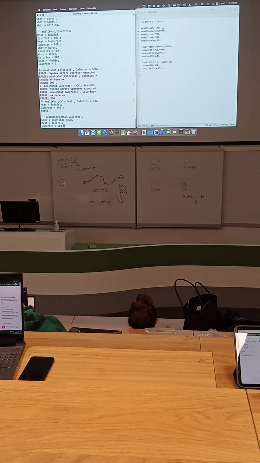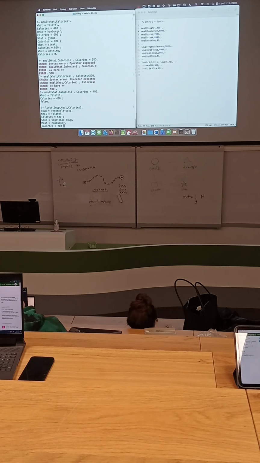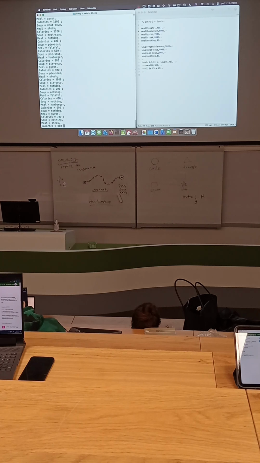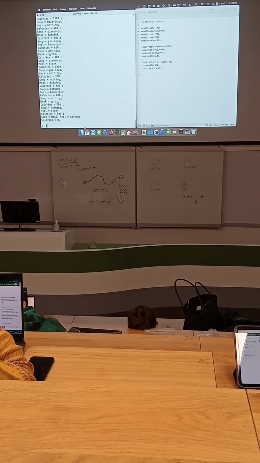Because falafel is here 400, vegetable is here 100. Next solution, 700. Next solution, next. Then come combinations, and last combination is crazy because it is nothing.